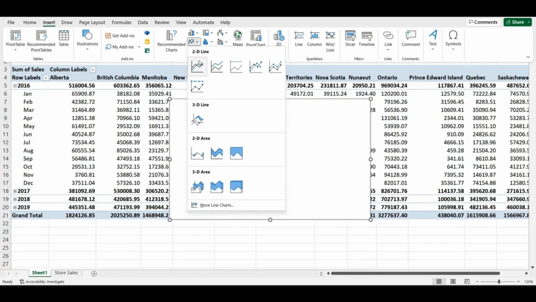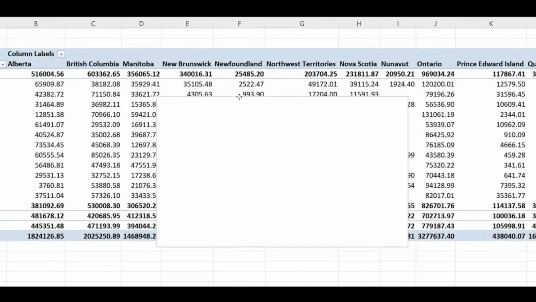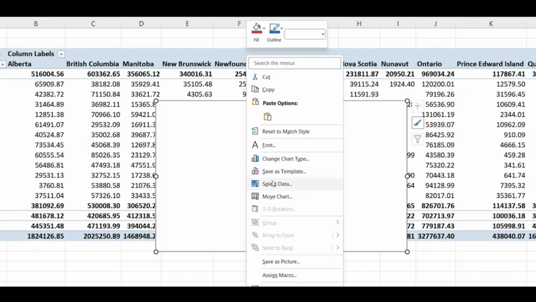Within the line graphs, I have multiple options. I'll choose the very first option, which is the most popular option. So a blank template is produced. I need to now fill up this template. So I put my cursor anywhere on this template, do a right click, select data,